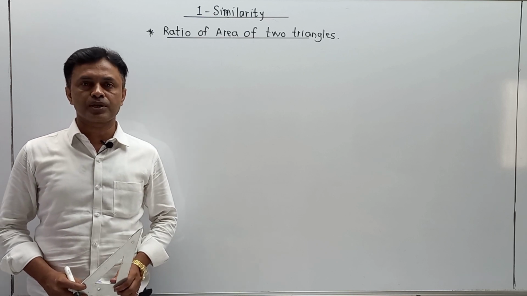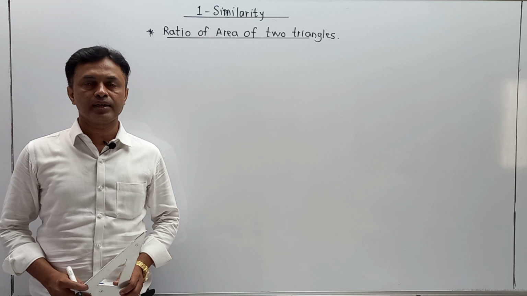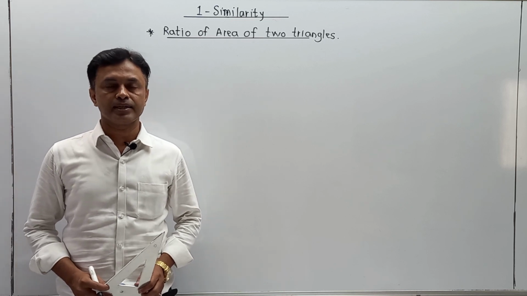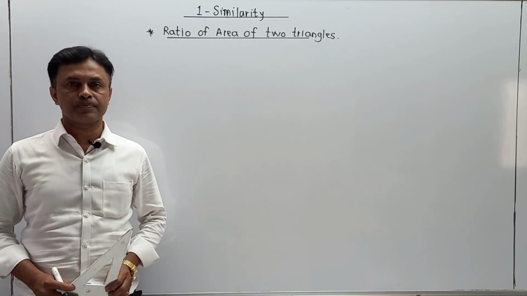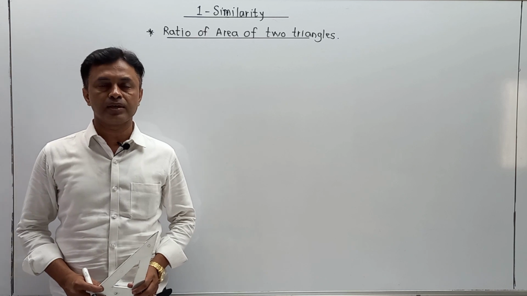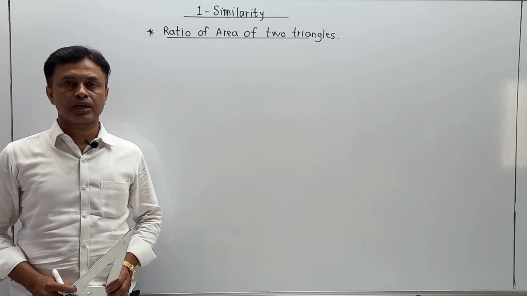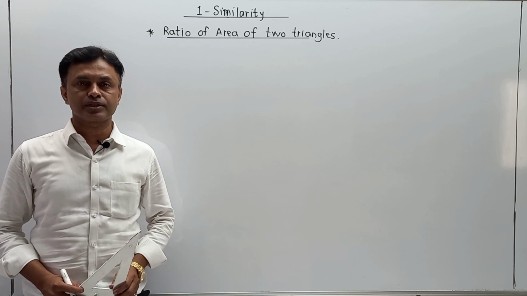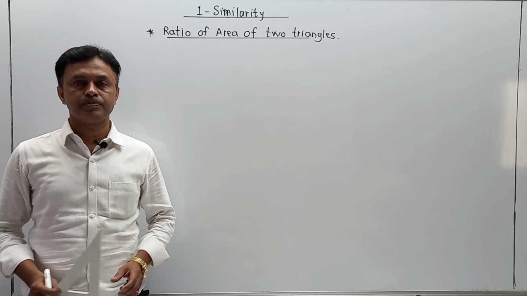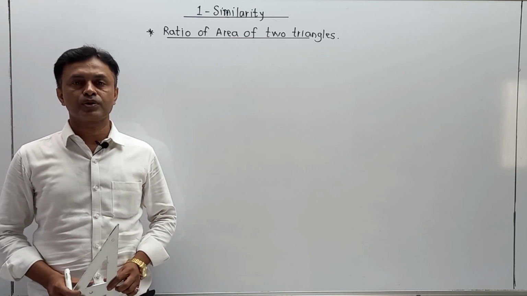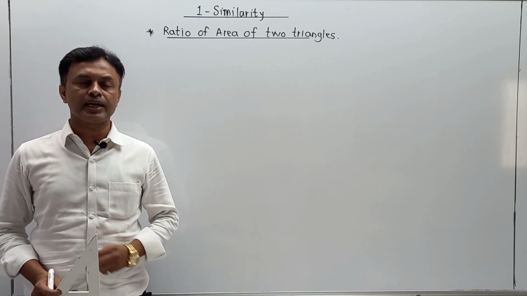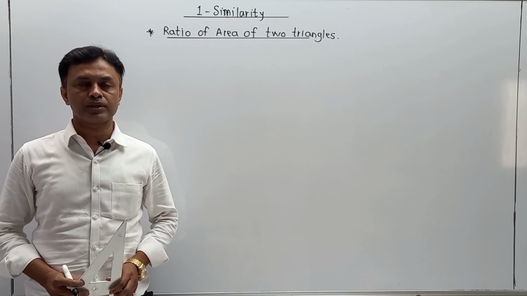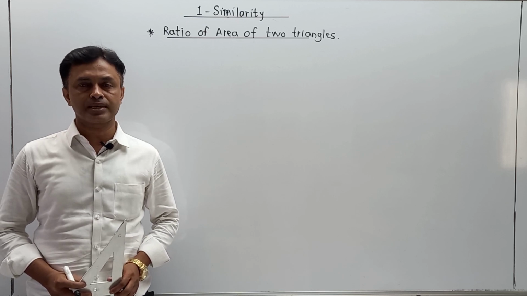Basically, if you observe the syllabus, the first chapter is Similarity, the second chapter is Pythagoras Theorem, the third chapter is Circle, the fourth chapter is Construction, the fifth chapter is Plane Coordinate Geometry, the sixth chapter is Trigonometric Ratio, and the seventh chapter is Surface Area and Volume, or you can say Mensuration. In this way your entire syllabus is designed for the Maharashtra State Board, or you can say SSC Board.